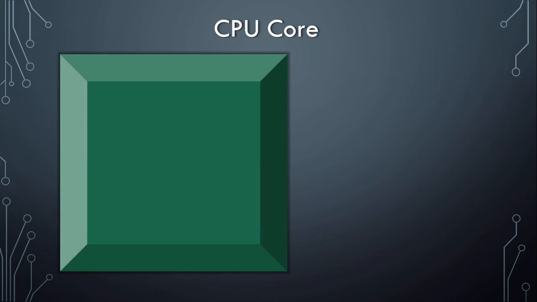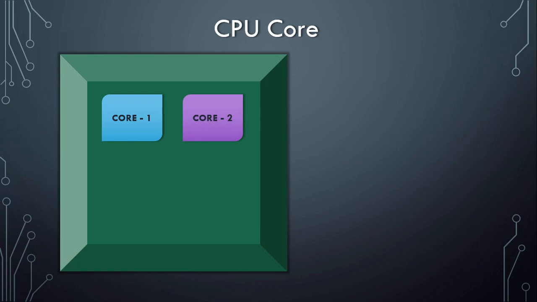That meant the physical CPU had a single central processing unit on it. To increase the performance, manufacturers started adding additional cores or additional central processing units to the CPU chip. A dual core CPU has two central processing units,